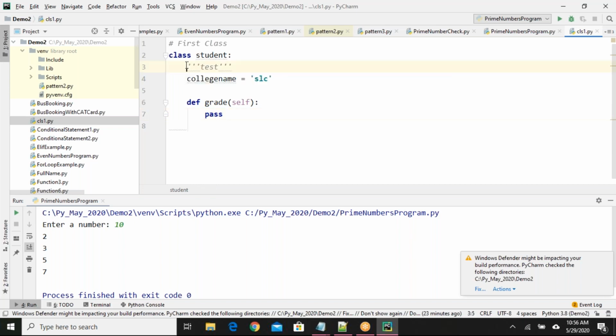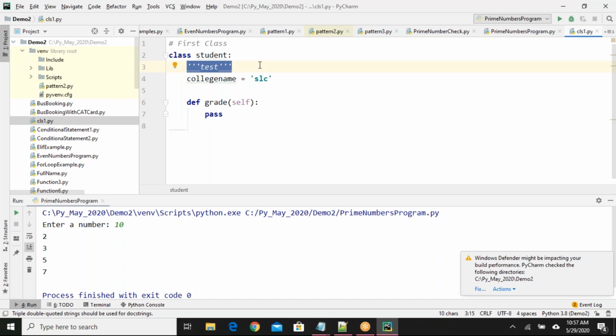Here I have written one line. What does it mean? It's a description of the class. If you want to provide some description to your class, you can provide it here. It is a kind of documentation technique. How can you provide it? After declaring the class name and a colon, using triple quotes you can provide some text.